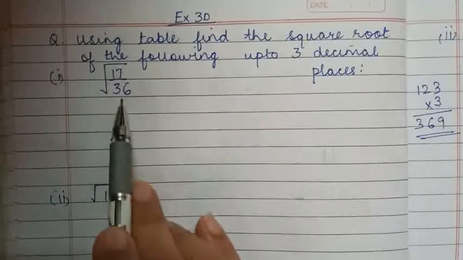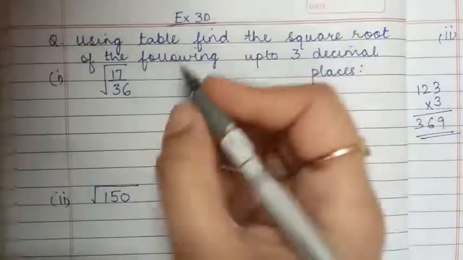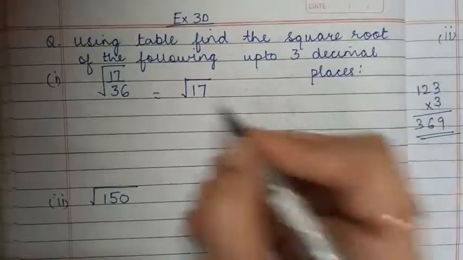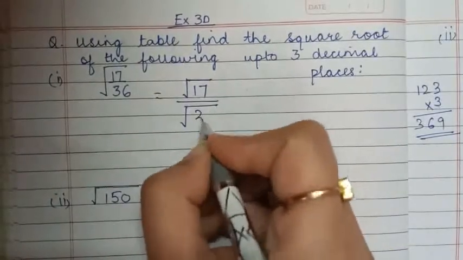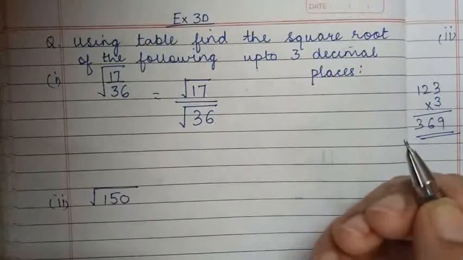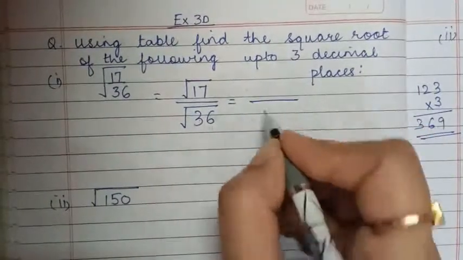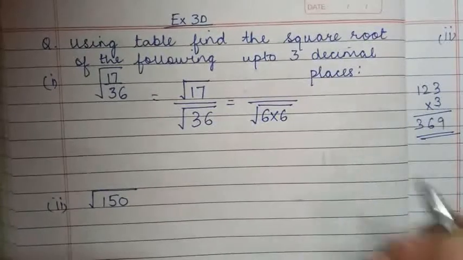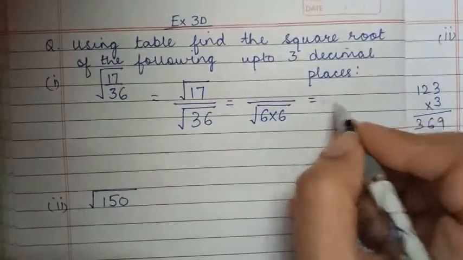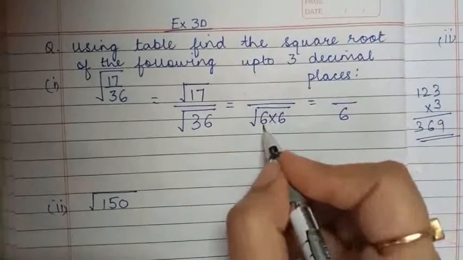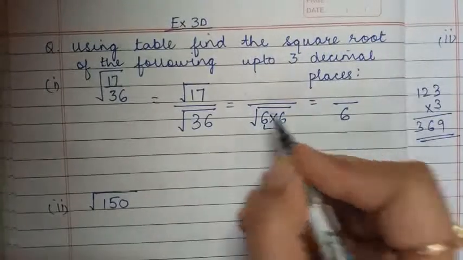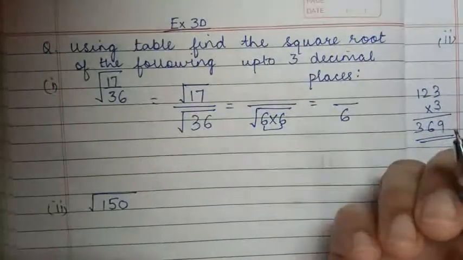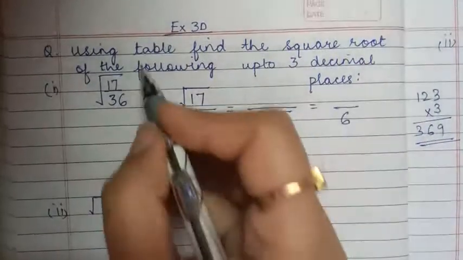On the basis of this table, we have to find the square root of, suppose the first part, square root of 17 upon 36. I have to find the square root of 17 in the numerator divided by the square root of 36 in the denominator. The denominator can be solved very easily by the prime factorization method. It is 6 into 6, so I get 6, because 6 is forming a pair, one 6 will come out of the square root. Very simple. But what about 17? 17 cannot be factorized.